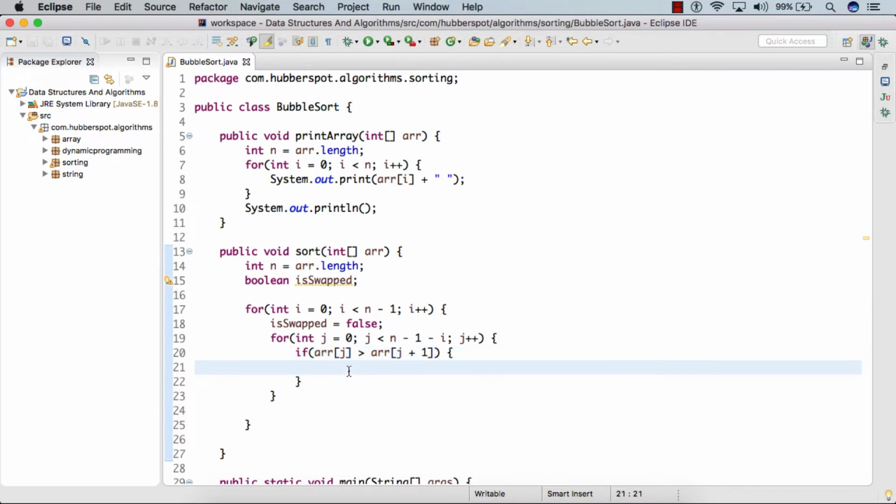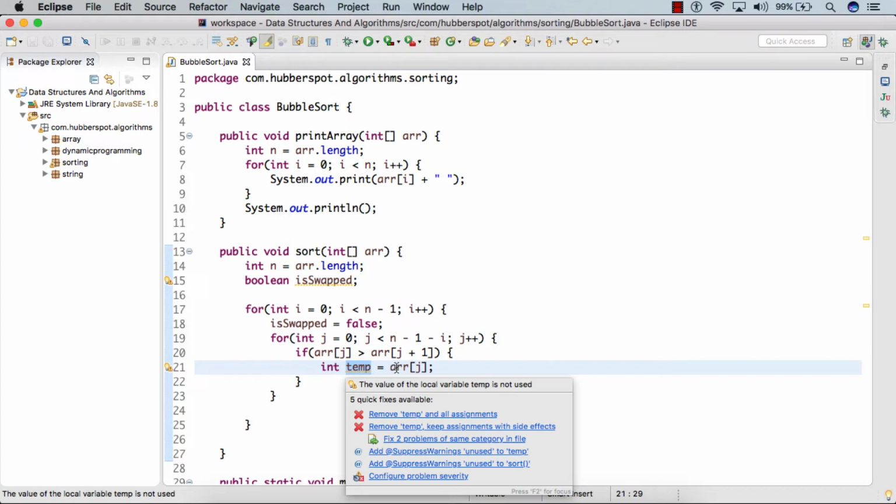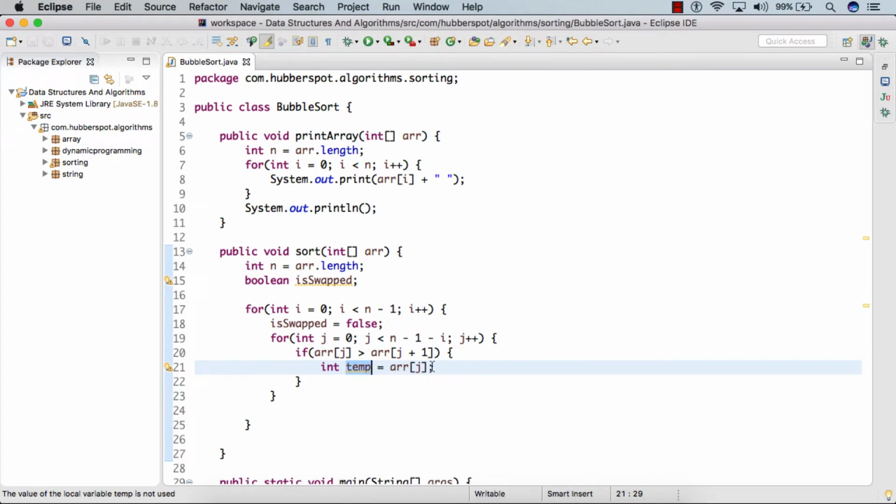So we perform a swap. Inside this if block, in order to perform the swap, we create a temporary variable and we store the value at the jth index so that we can use this value to perform the proper swap.